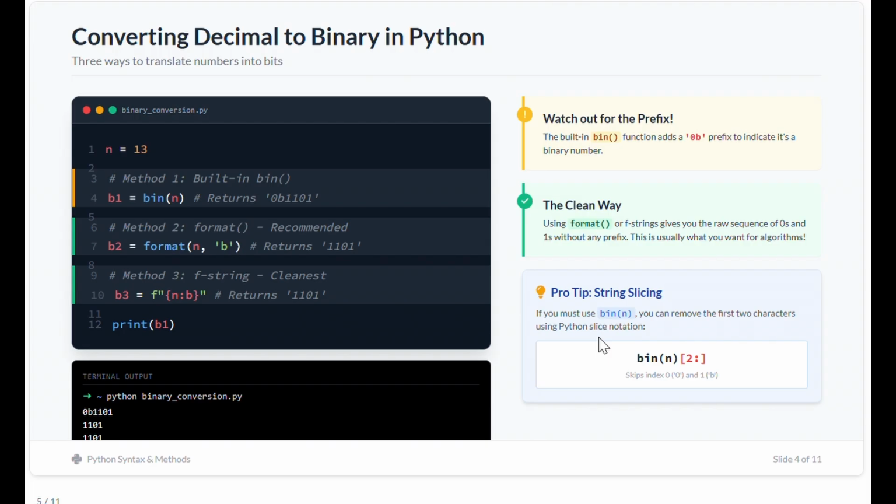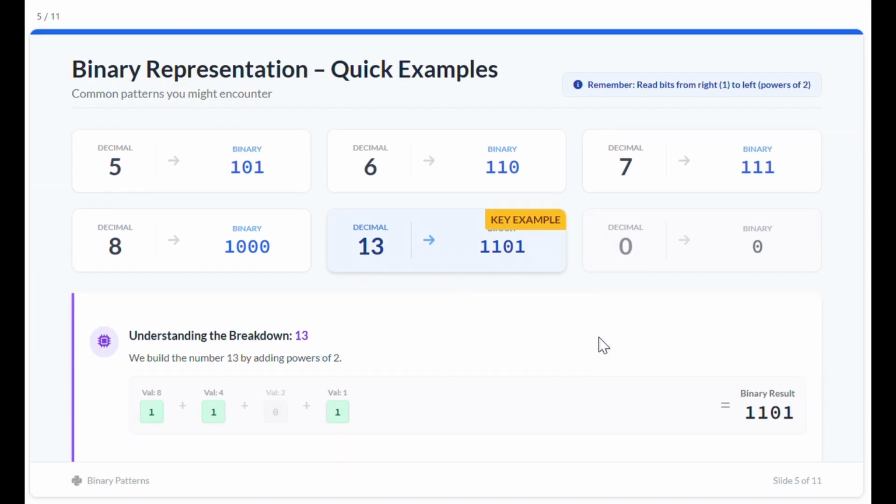This is usually what you want for an algorithm. And the third method: method 1 adds 0b as a prefix, right? So to remove that extra prefix and get a cleaner binary number, we use string slicing. These are the three methods to convert a decimal to binary.